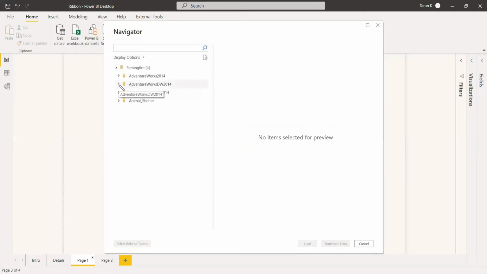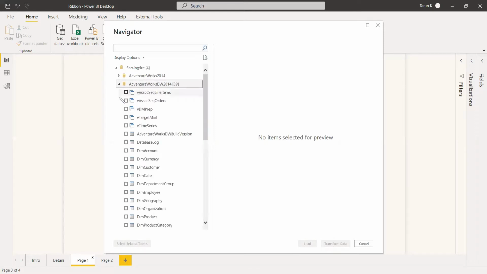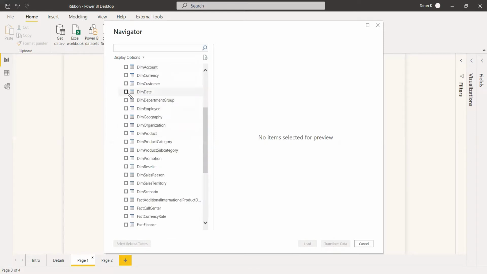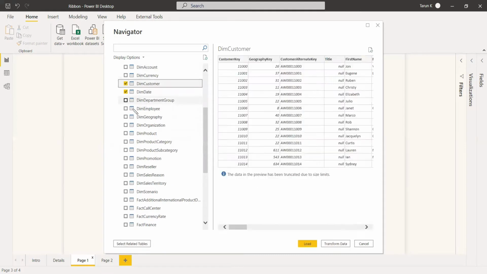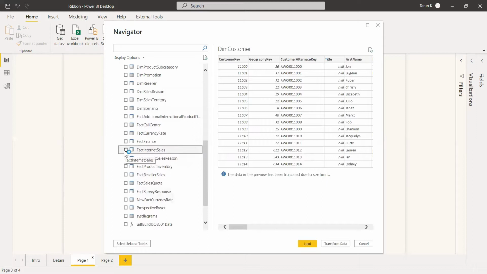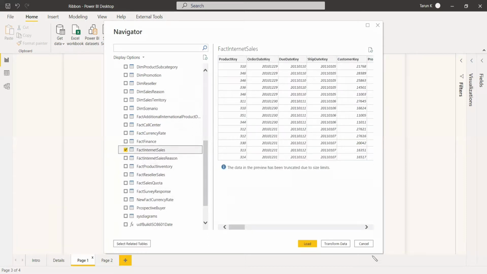We'll take the AdventureWorks database and the dim date, dim customer and fact internet sales. There is no need for cleaning. We can directly load it.